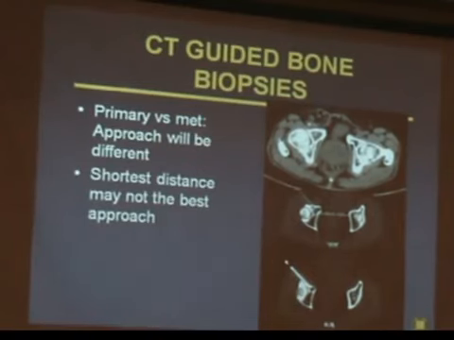This is a recent case. I just wanted to show this as an example for planning. This is a patient with a lesion in the acetabulum with convoluted matrix. And in addition to that, there's a large hernia in the inguinal region. So this doesn't leave us with very much window. We have the joint here. We wouldn't be able to go through the anterior soft tissue because this is a primary lesion, and we would